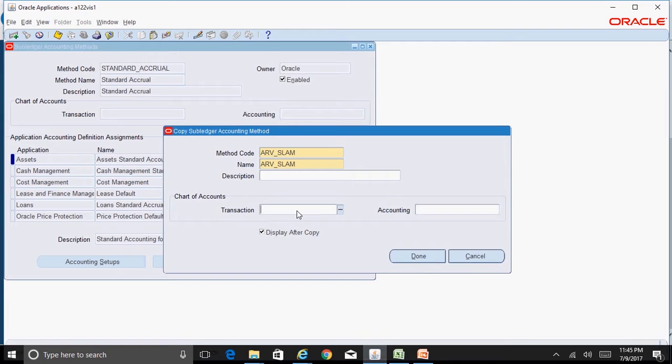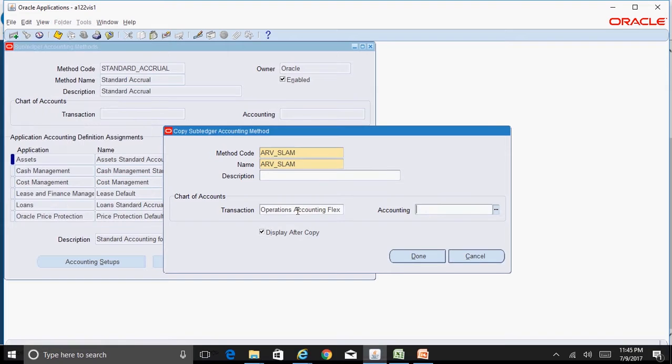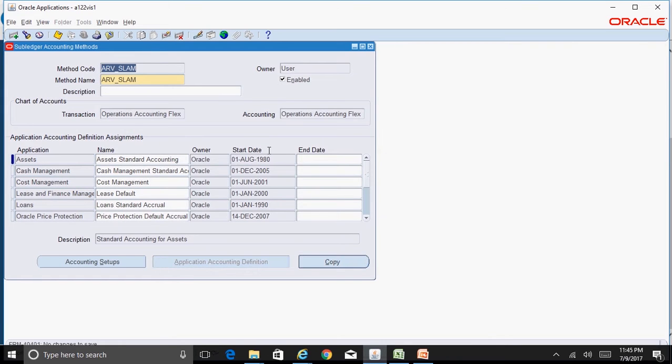For the transaction chart of accounts and accounting chart of accounts, I'll provide the accounting flexfield which is assigned to my ledger, which in this case is Operations Accounting Flex. This is the chart of accounts assigned to my ledger, Vision Operations. Click on Done. This is my custom subledger accounting method. Now I can make the required changes in it.